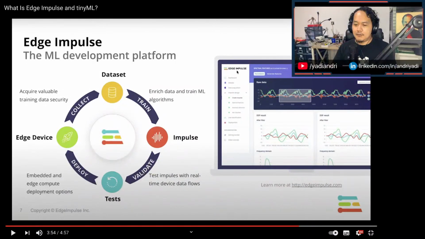Jadi kita bisa gunakan untuk mengcollect dataset, mentrain ya, lalu memvalidasi, mencoba performance dari model yang sudah kita train tadi. Dan yang paling penting juga adalah mendeploy. Mendeploy artinya bagaimana model yang udah kita create itu kita deploy ke device, real device ya. Dalam hal ini misalnya ya kayak Nano 33 BLE ini. Ini salah satu challenge juga gitu, karena